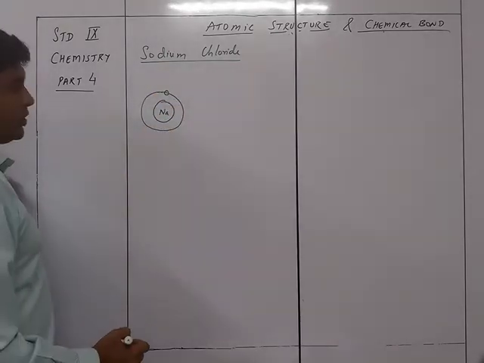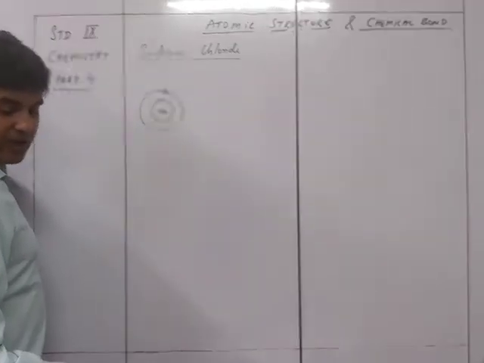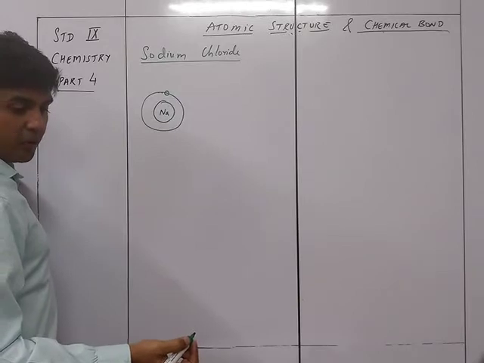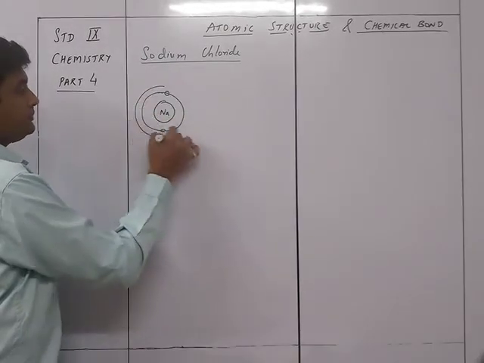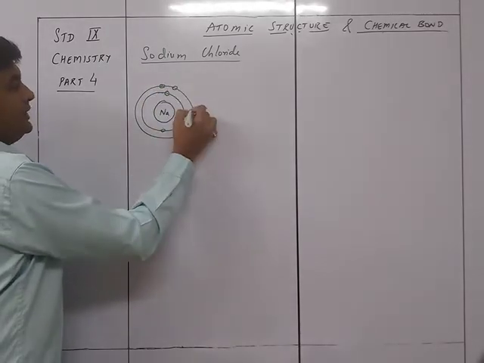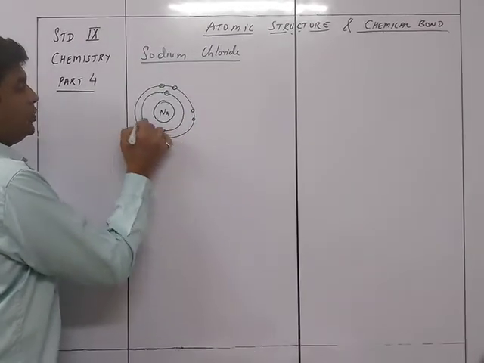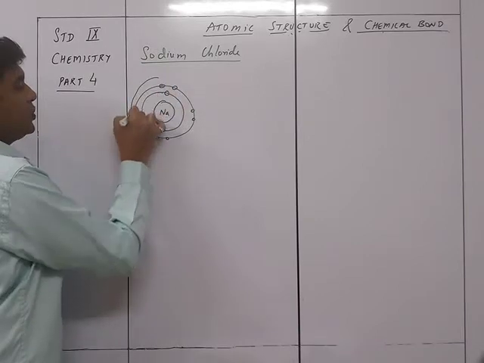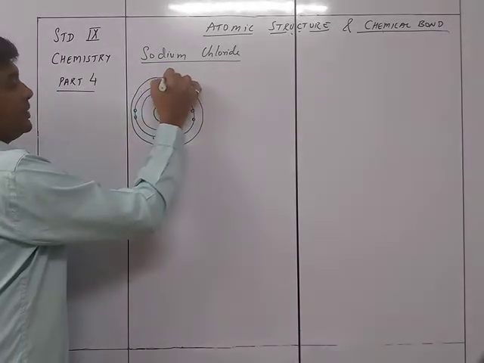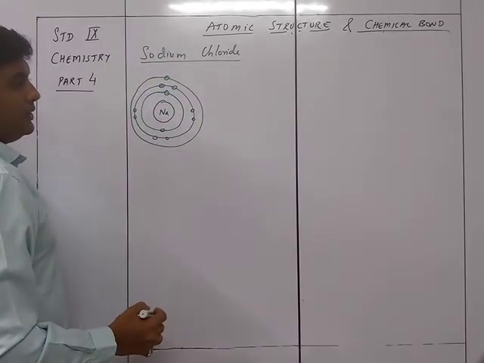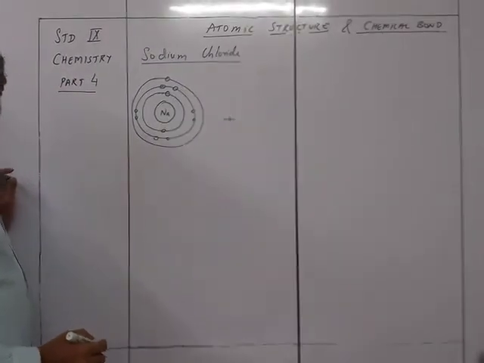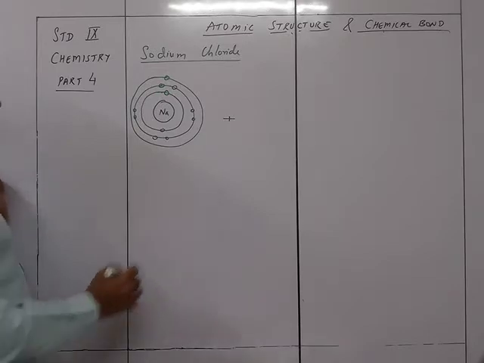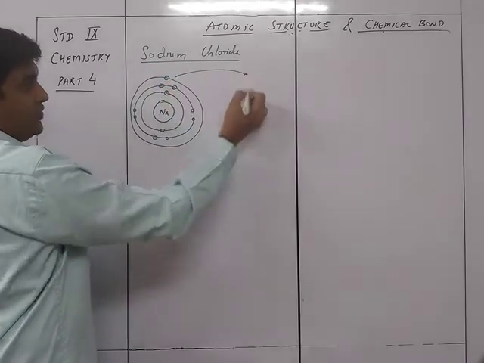We are going to draw the outermost orbit. In fact, they have given you the complete orbit, so you can draw even the complete orbit, not a problem. Let's draw the complete orbit so that you are not losing marks, because the textbook tells you to draw the complete orbit. And then there will be a plus sign, and this electron over here is going to get transferred like this.